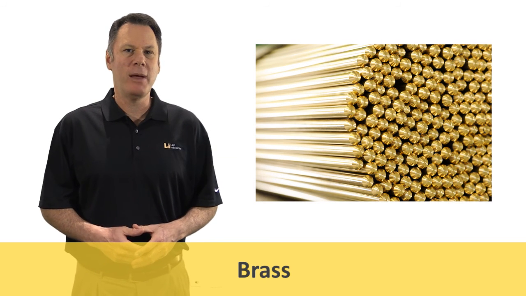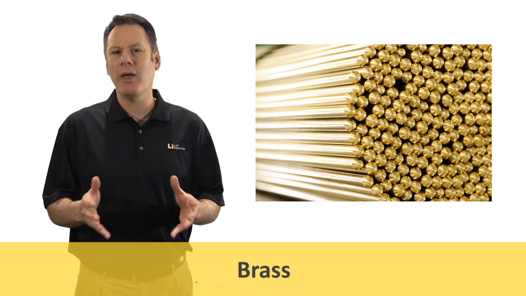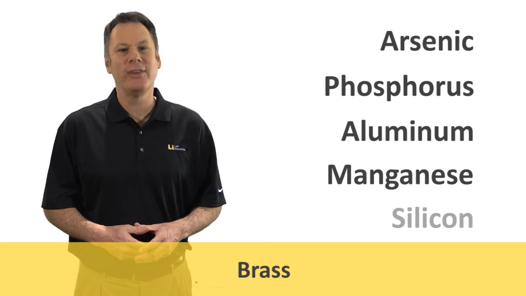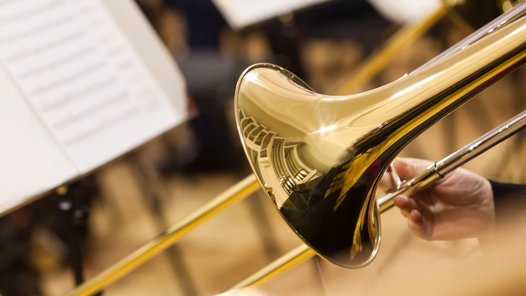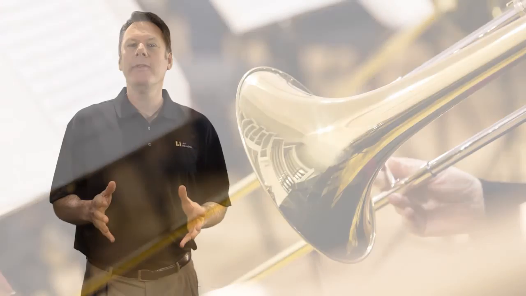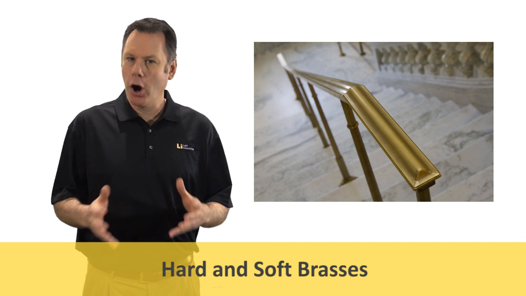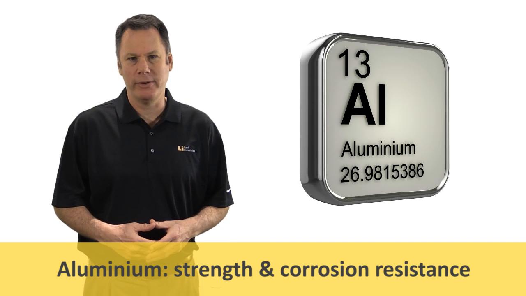Brass alloy is made of copper and zinc, but may also include small proportions of a range of other elements including arsenic, phosphorus, aluminum, manganese, and silicon. Brass has higher malleability than bronze or zinc. The relatively low melting point of brass and its flow characteristics make it a relatively easy material to cast. By varying the proportions of copper and zinc, the properties of brass can be changed, allowing hard and soft brasses. Aluminium makes brass stronger and more corrosion resistant. It also